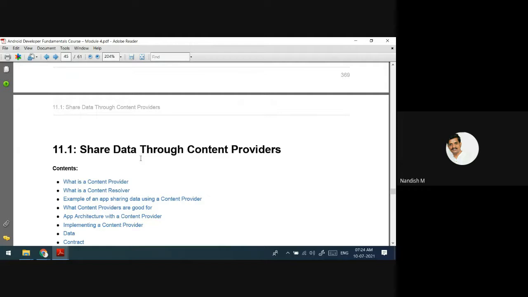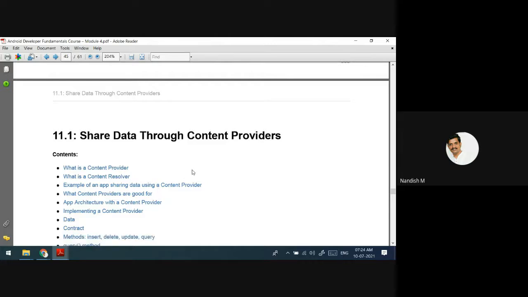Now, till now we have discussed about the SQLite database. Now, I am going to discuss about the content providers. See, there is a repository which contains the data. Now, what we are going to do is we are going to write an app. Our app is going to fetch the data from the database. But on top of the database, there is one more layer. That class is responsible for providing us the data. That is what this content provider is.